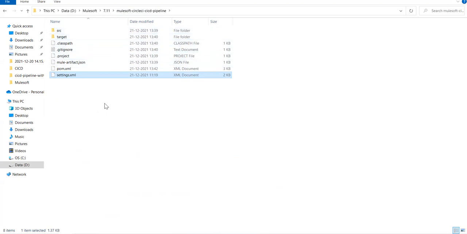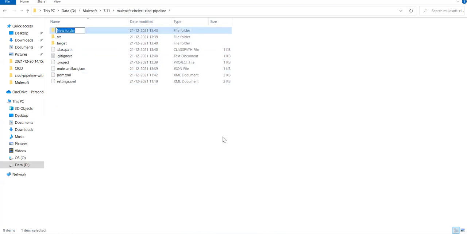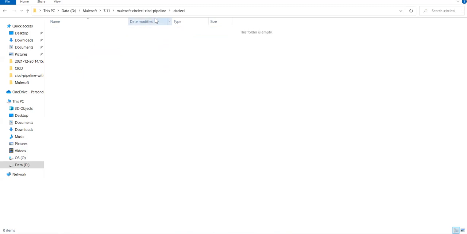Now third thing is we need to create a folder called .circleci. This folder will keep our configuration YAML file for CircleCI. Let me show you. Very simple it is. I'll copy it and just open it.